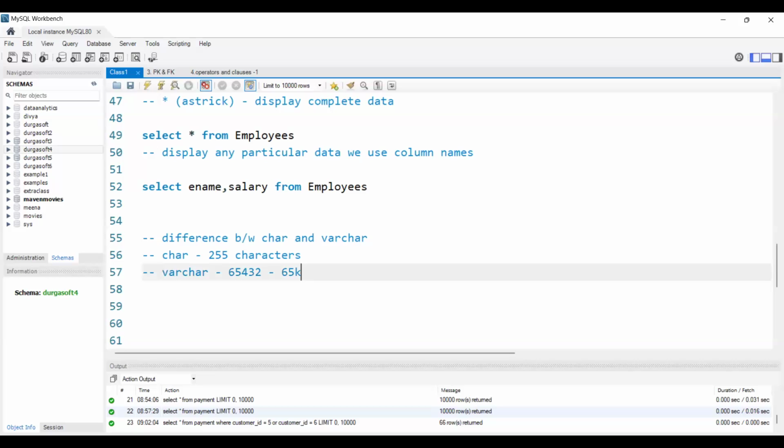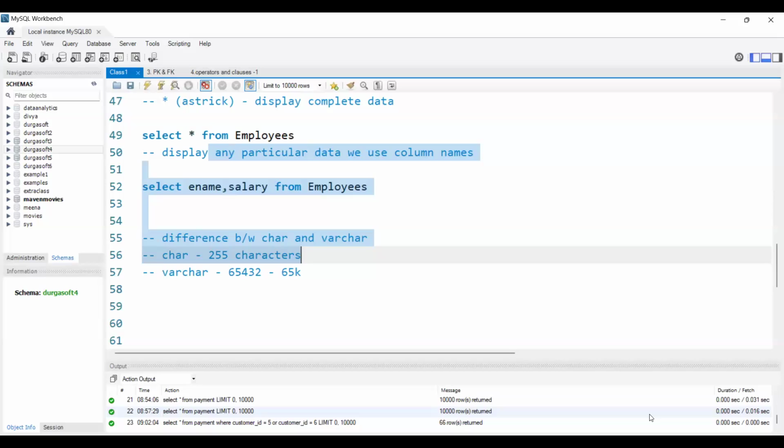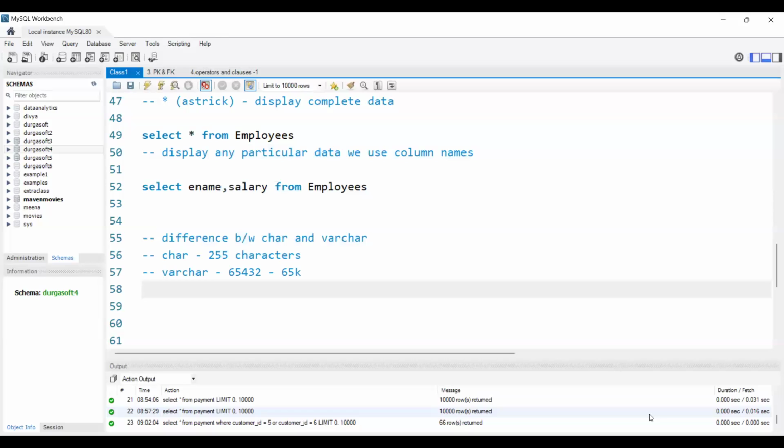After Monday, once we move to 8 to 9, in that batch we already have some 10 students. No problem, ma'am. I will show you the installation process and everything. You can practice whatever I'm explaining here on your laptop, and if you have any doubts you can ask me. I'm telling you all this just to make sure you don't feel you are the only student in this batch. Basically, this is a backup batch, and we already have some 10 students in 8 to 9, so we will move to that batch. You will have a few more students over there, so it will be okay for you. Okay, ma'am. Great.